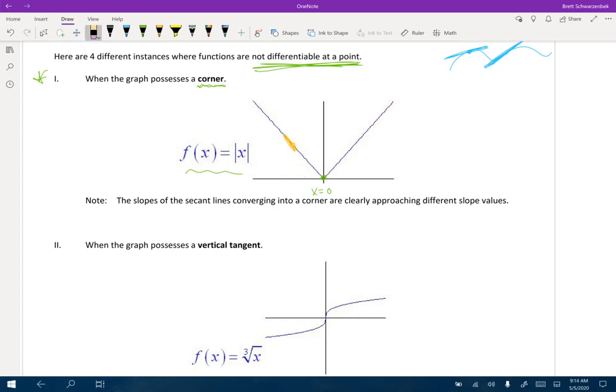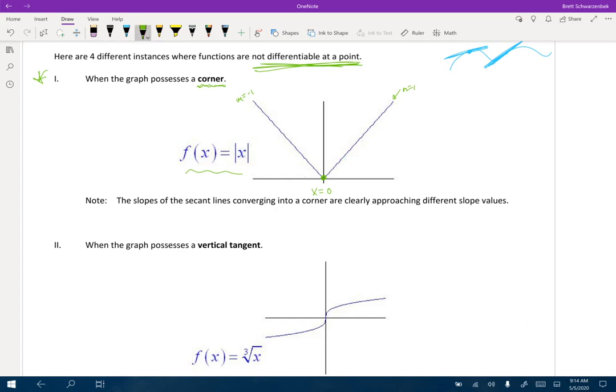If you go down and find all of these slopes, right? If you kept on finding slopes as they approach here, as they go down, they are going to be at different values. So we could make sort of an argument that the slope of this line is, let's say, 1, and the slope of this line is, let's say, -1. So you can see that as we approach here, the slopes are going to converge at x equals 0 at different values. The slopes are different values. Whenever that occurs, that means that when you reach that point, the graph is not going to be differentiable at